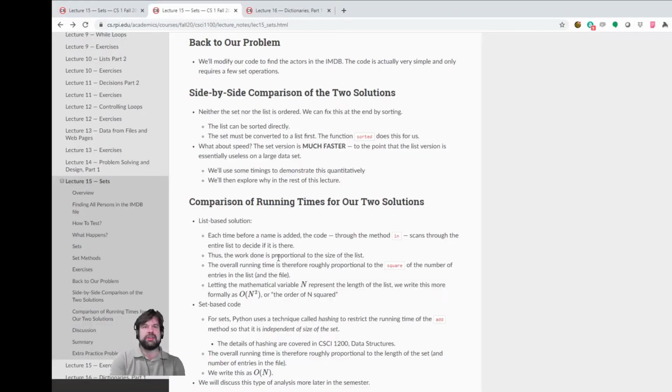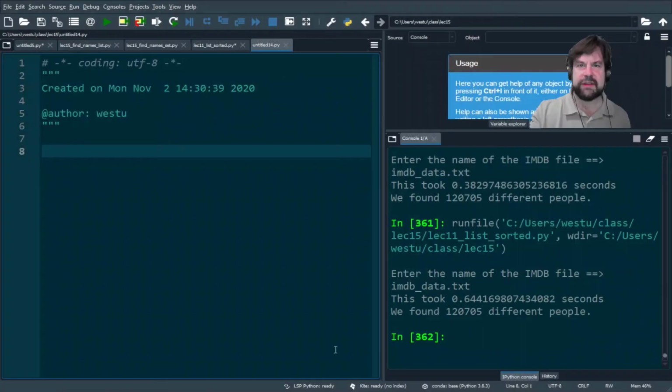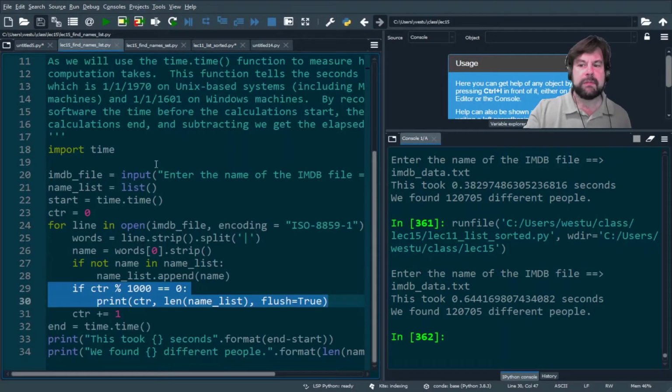Let's go in the Wayback Machine. Way back in Lecture 15, we were talking about sets, and we were looking at the IMDb database. And what we wanted to see in Lecture 15, and we're going to extend this going forward today, was